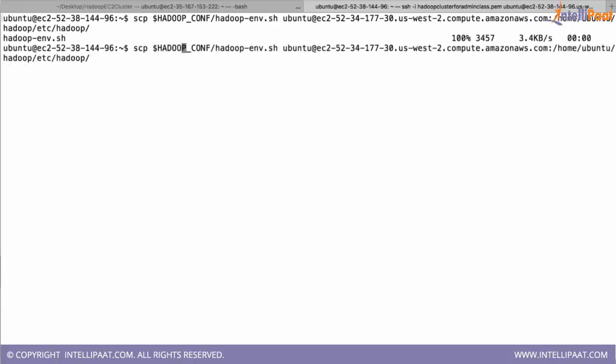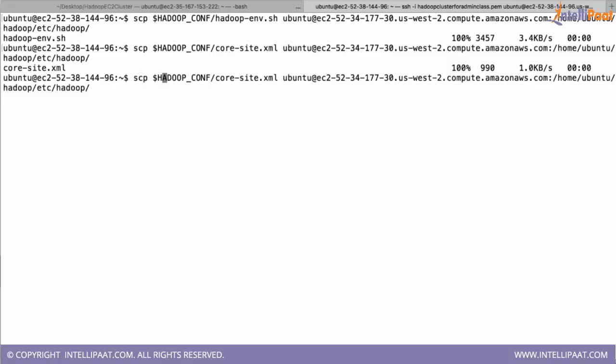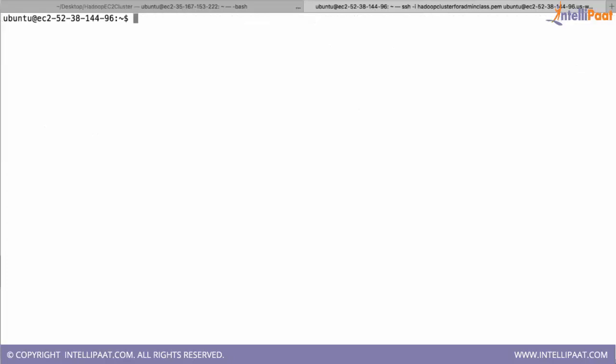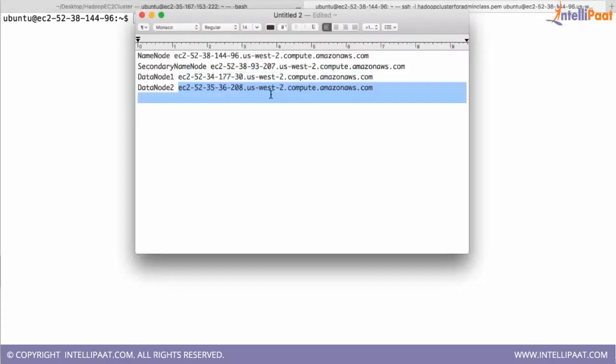So let me first copy hadoop-env to data node 1. Now we will copy core-site.xml. Now you copy hdfs-site.xml and yarn-site.xml. And finally to data node 2, the same files.